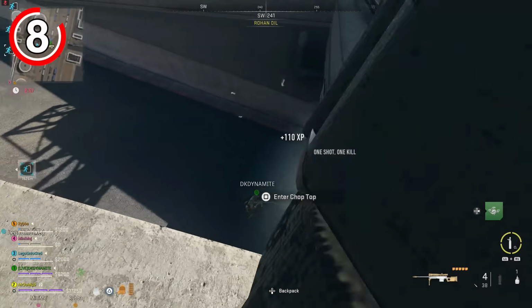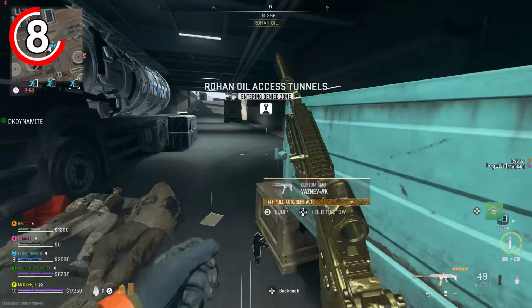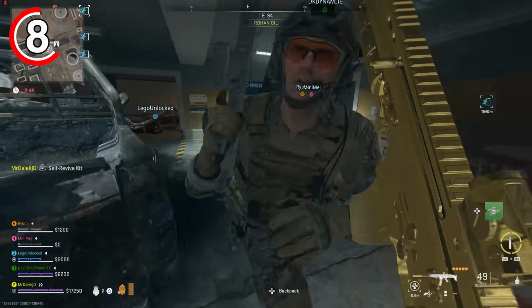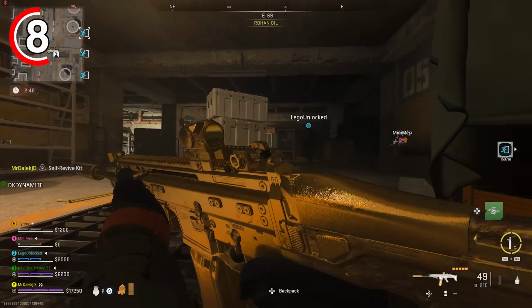If we go over to Al-Mazrah, that has actually got a new secret interior added, which is really strange. So if we make our way to Rohan Oil and then go under the bridge here towards the access tunnels, you'll find some pretty beefy AI which are protecting some legendary crates. If you take a right, this wall used to be completely boarded up, but now it's a garage door that we can go